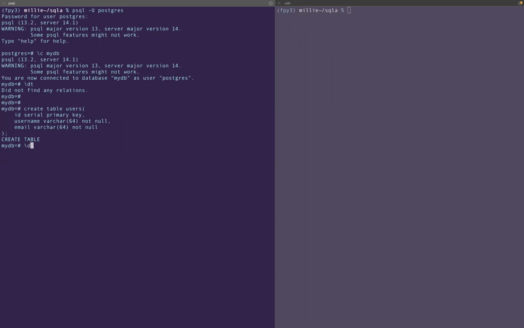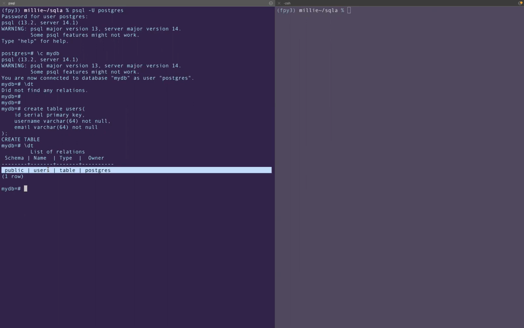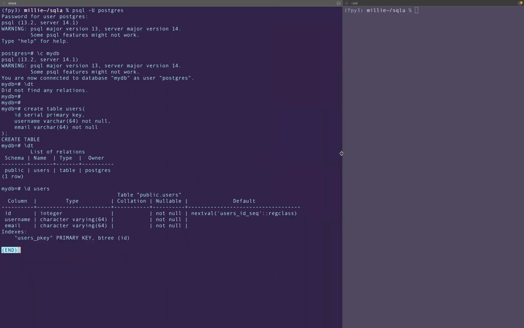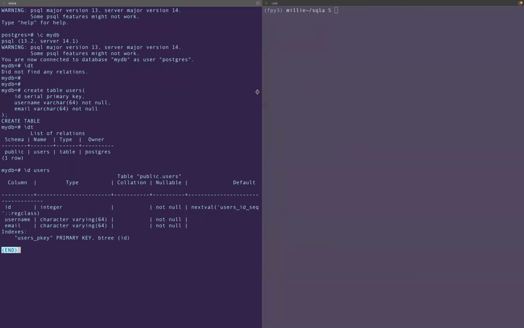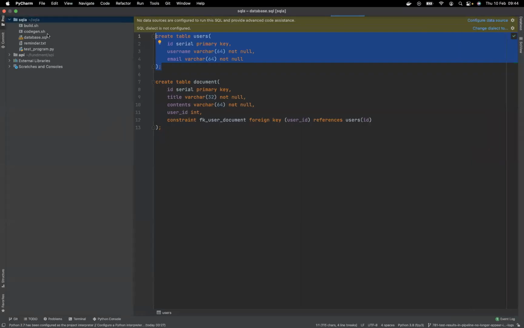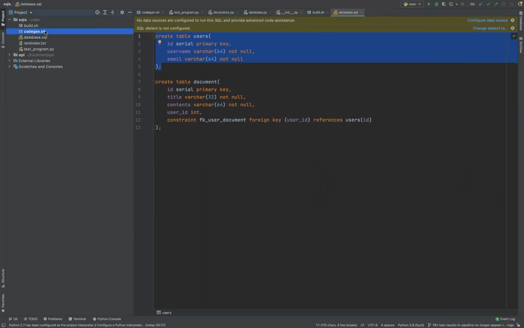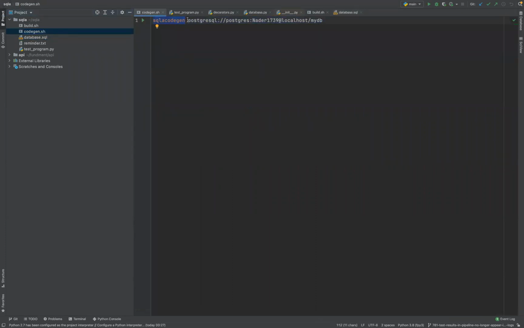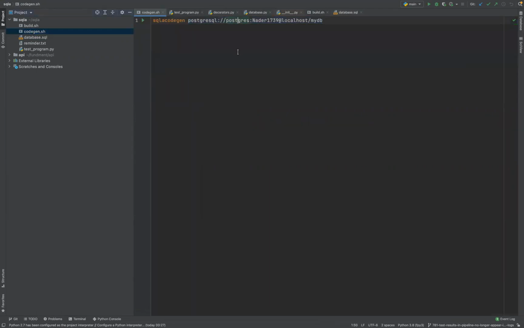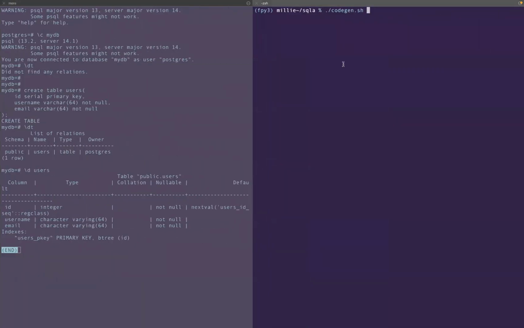So I've made a table. You can see there's the users table, the only table we have at the moment. And if I describe the users table, it's got a primary key and it's got a username and an email. So if I run my codegen script, and the codegen script is quite simply calling SQLCodegen with the URL to the database. So it's quite simple to use. And if I call this script,